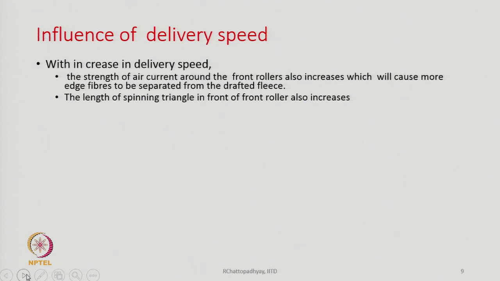With increase in delivery speed, the strength of the air current around the front roller will also increase, drafting rollers, because the rollers are running at a very high speed, which will cause more edge fibers to be separated from the drafted fleece. The length of the spinning triangle in front of the front roller is also going to increase when we go for very high delivery speed